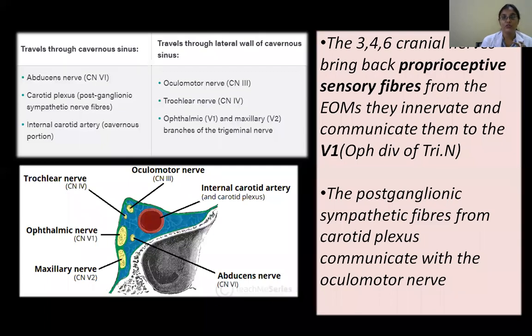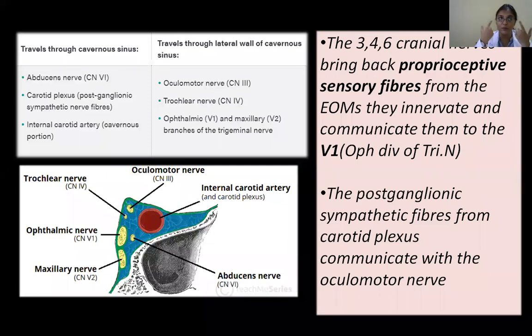In the head and neck, we talk of only parasympathetic ganglia, because whatever sympathetic innervation comes, that comes from your superior cervical ganglion. If you remember the sympathetic, there is a pair of sympathetic trunks, paravertebral in position, and there are cervical ganglia, superior, middle, and inferior. Three ganglia in this cervical sympathetic trunk. And this superior cervical ganglion, what is a ganglion? Cell bodies. So whatever comes out from there are the postganglionic neurons. The postganglionic neurons to supply your head and neck come from your superior cervical ganglion.